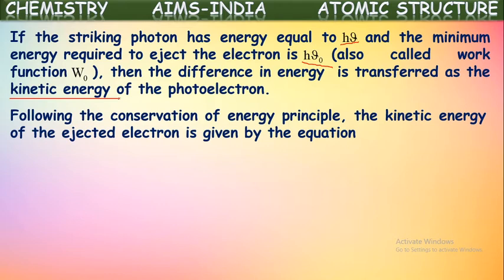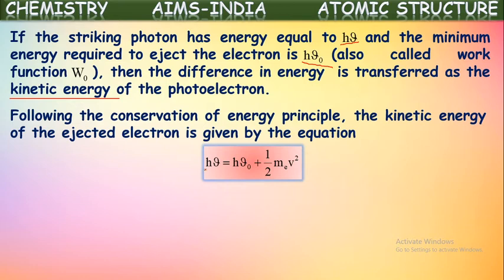Following the conservation of energy principle, the kinetic energy of the ejected electron is given by the equation. See here, conservation of energy is applied here also. The total energy h nu is equal to the energy required to eject the electrons, h nu naught, plus the kinetic energy of the electrons. So by using this conservation of energy principle, we can find out the kinetic energy of the ejected electrons like this: h nu is equal to h nu naught plus half m v square, where h nu is